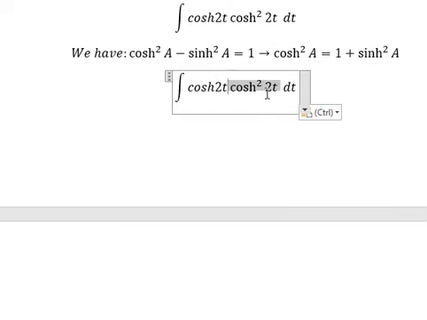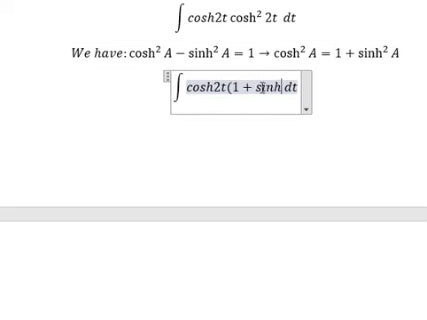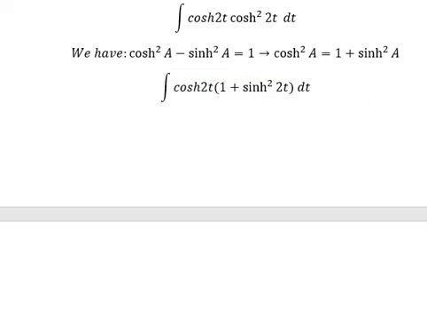So we need to transform this one into this one. And now we can use integration